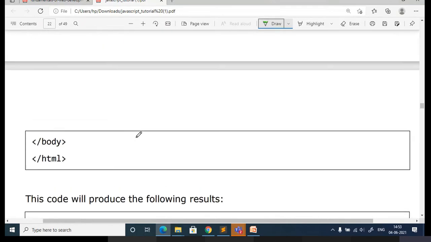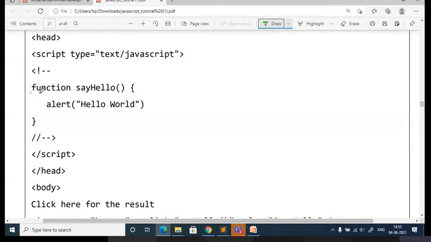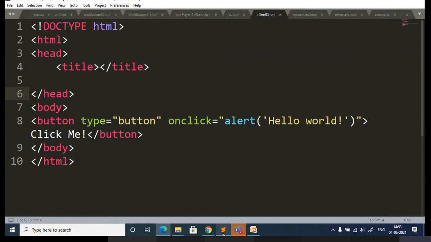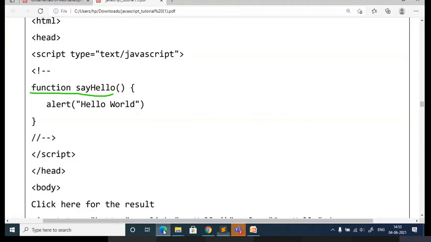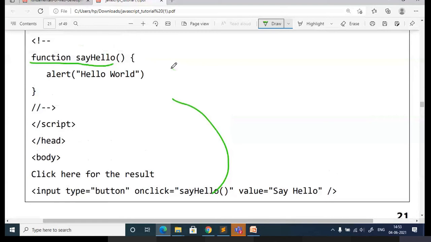I will share these small programs. This one uses functions, where you are writing a function called sayHello. There you are writing the alert function. In the output I showed earlier, inline, I directly used the alert message with a button, to get hello world. Here I am writing the same content in the form of a function. You create a button, and on click it has to invoke this function, where you are going to get the hello world.